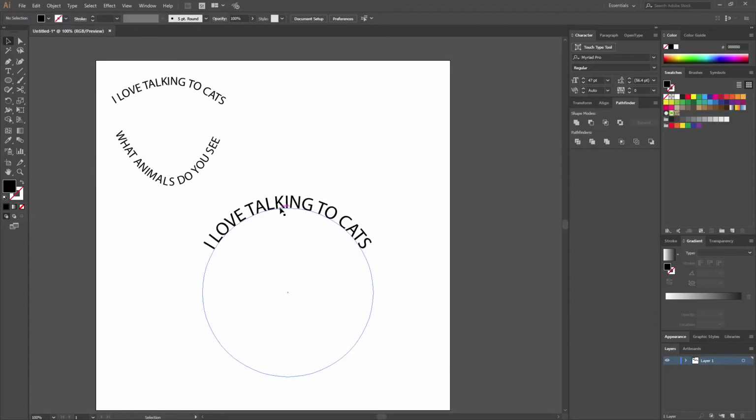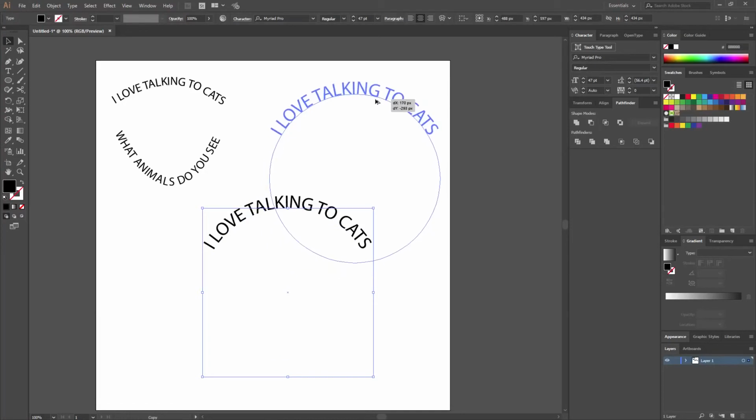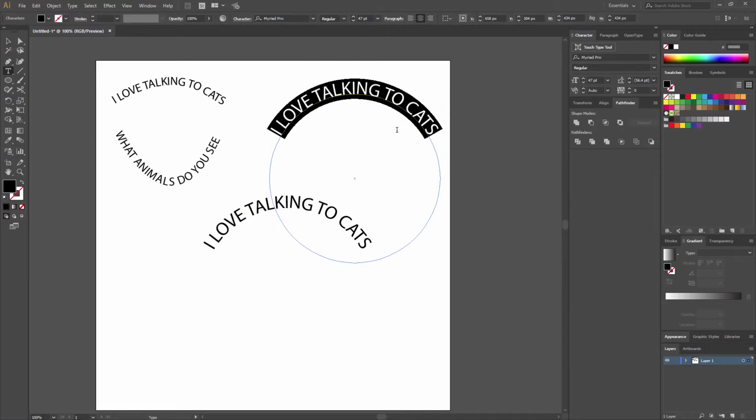Now the other way I would do this is, one, you can just copy and paste this, or select it, hold Alt on the keyboard, and then drag up here to duplicate it, and then go ahead and get your text tool again, select it all, and we are going to change it to what animals do you see? Okay,